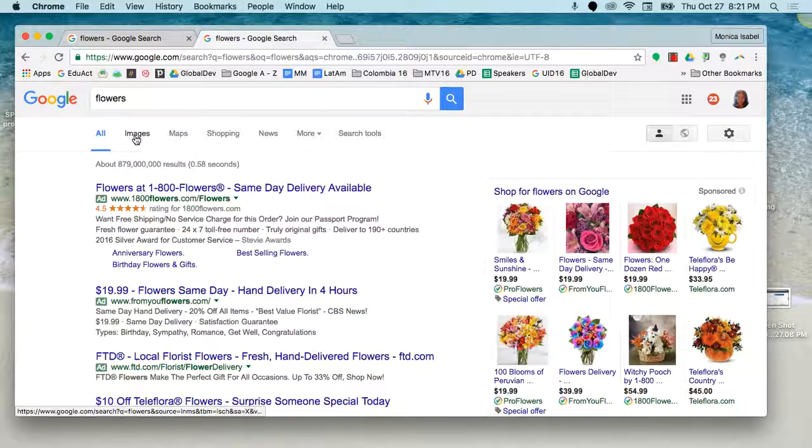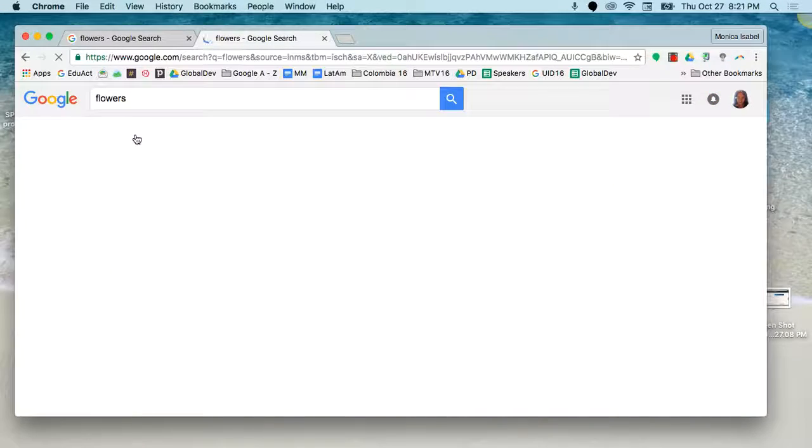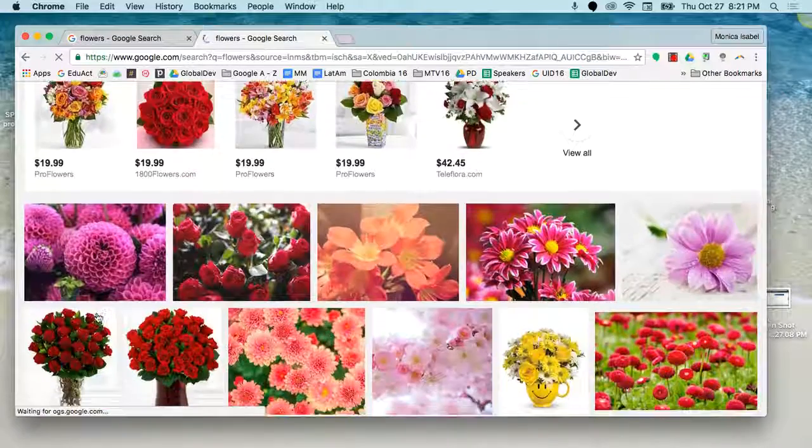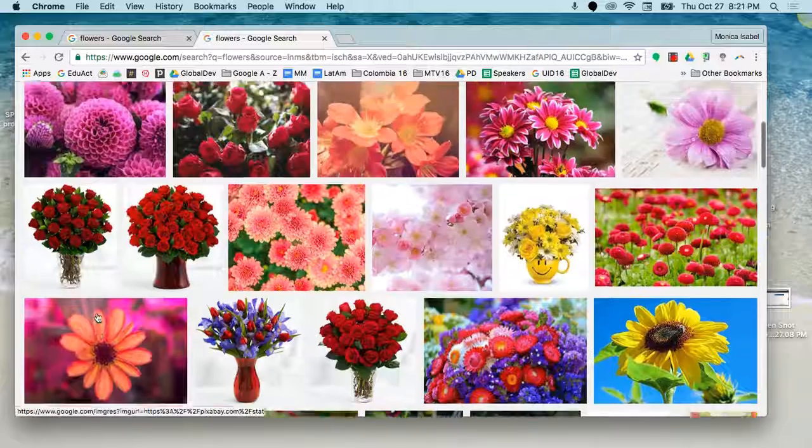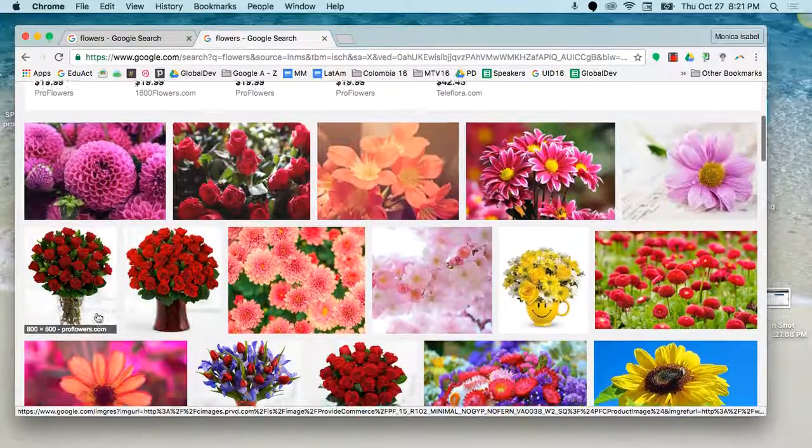Then I'm going to select images from my options up at the top left there. And this is what I get. So this is pretty common as a search result. But if you've ever conducted a search for something and then found what you wanted, and it turned out that